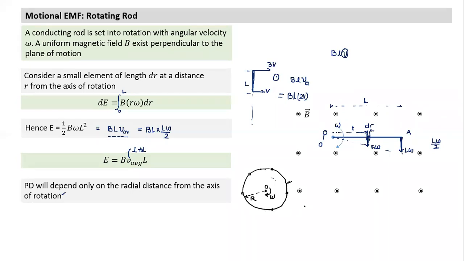Can you think of a reason why? Same velocity? No, tell me, all points on the ring will be at the same potential. Symmetry. Another reason: same distance from the axis of rotation. So that's at the same potential. Any other reason? There's no change in flux. There's no change in flux also.